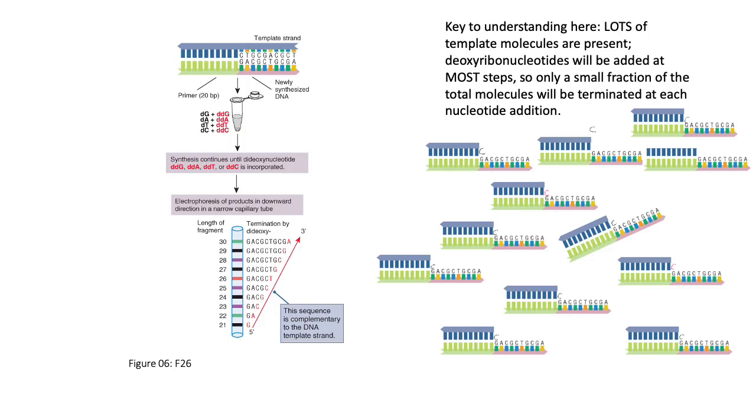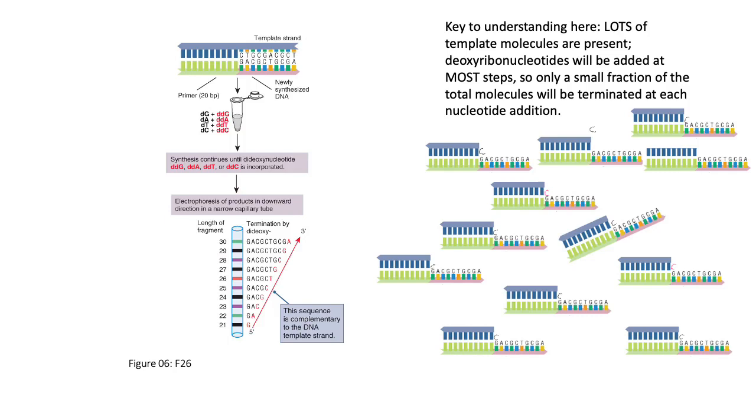Okay, that's great. But I don't want to sit there and stare at a gel under UV light and count green, red, orange, red, purple, black, whatever. Especially if you've got like a 4,000 base long gene, you don't want to do that. You're going to make mistakes, and your mind's going to go numb, and your eyes are going to water, and it's a bad situation. So what Sanger further developed, in addition to all of this, was, originally speaking,